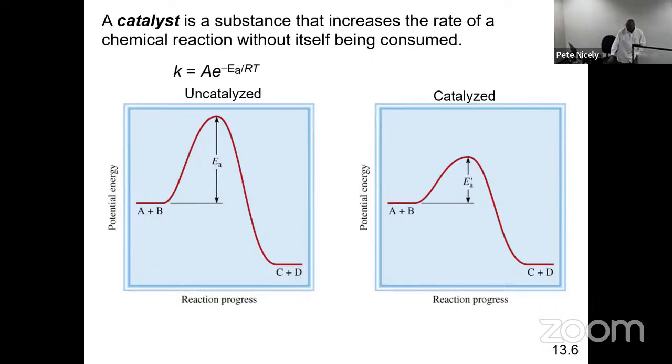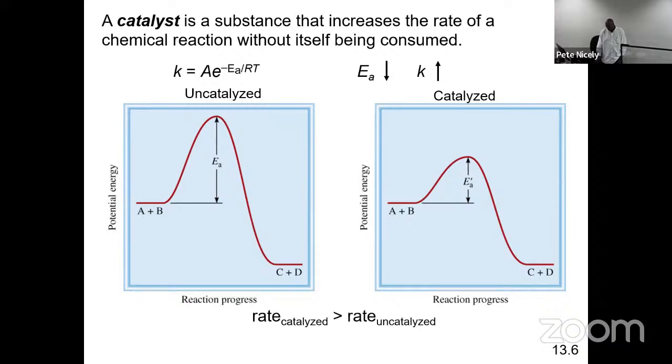Now, we can see as a result of that, based on the math or the equation right here, which we met earlier, the Arrhenius equation, if the activation energy is lowered, that means that the value for k would be higher, all right? And therefore the reaction rate would be faster as a result. So as the activation energy is lower, k would increase, all right? And therefore the rate of the catalyzed reaction will be greater compared to the rate of the uncatalyzed reaction. Okay, so